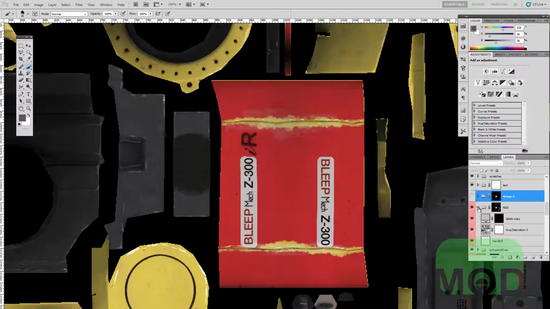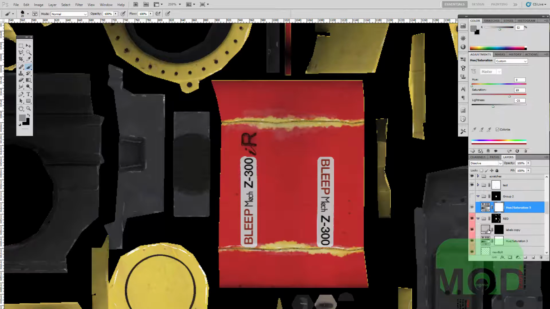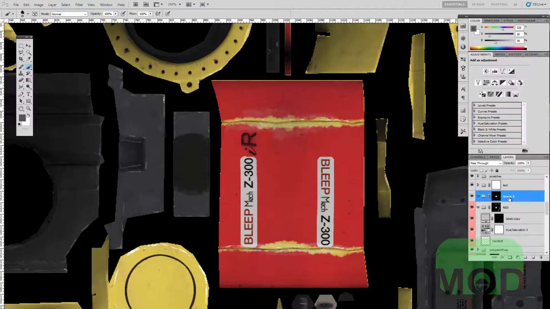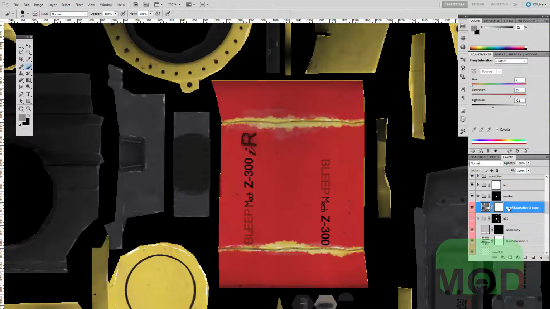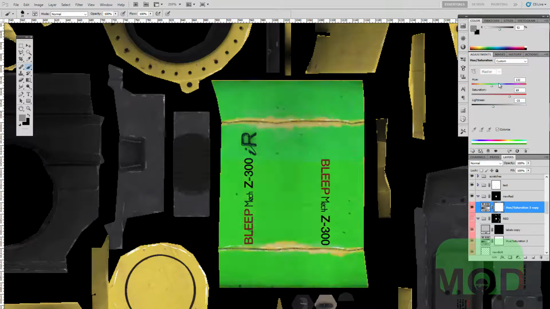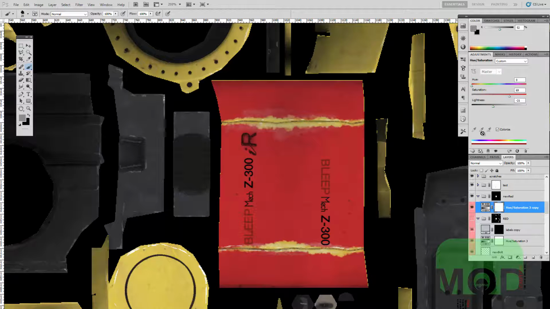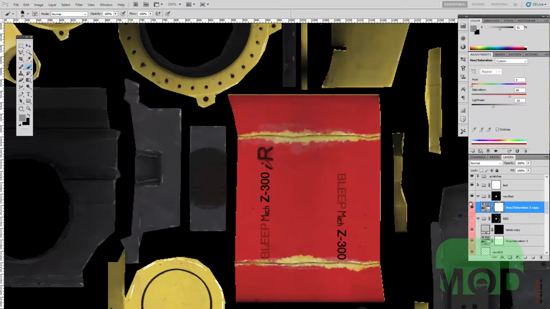But the fast way, if you already had something you liked and you're just trying to add it to another section of the texture, let's just name this new red. You can just alt click a layer, drag it into a folder, and now you have the exact same hue saturation layer. You can start from that as a kind of template if you wanted to change it a little bit, change the hue on it or something, but keep all the saturation and lightness, then that'd be really quick. So okay, we're just going to start with that